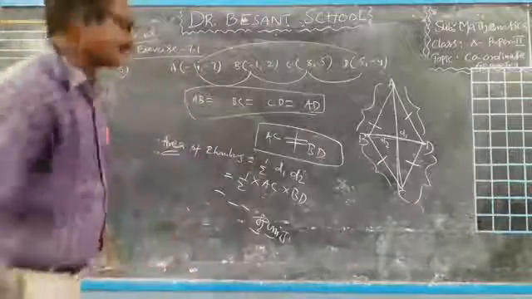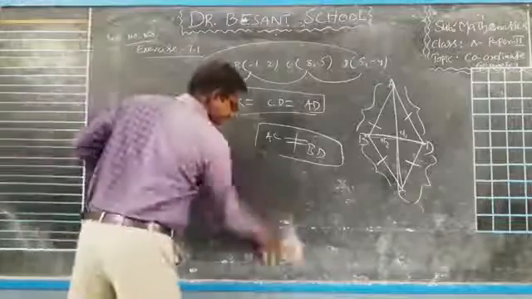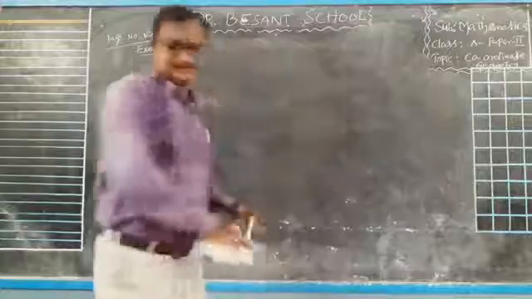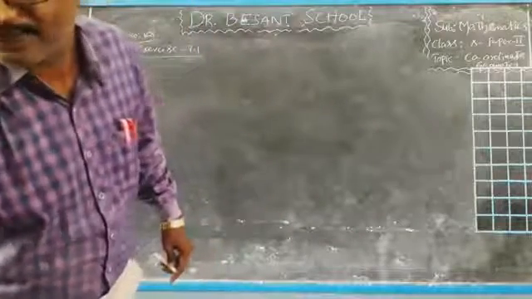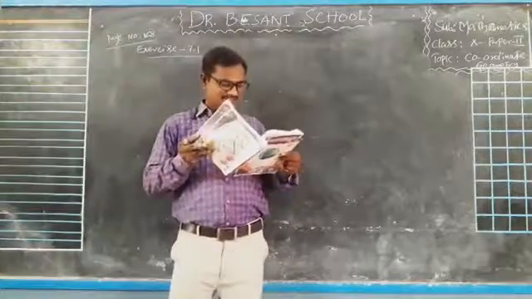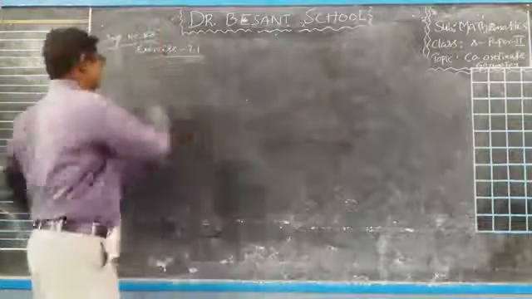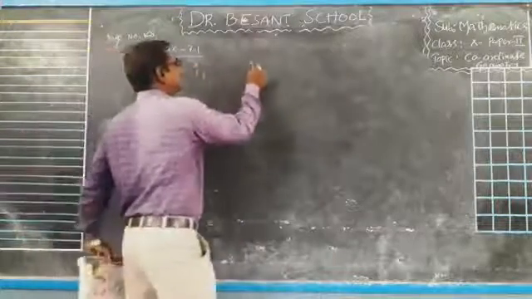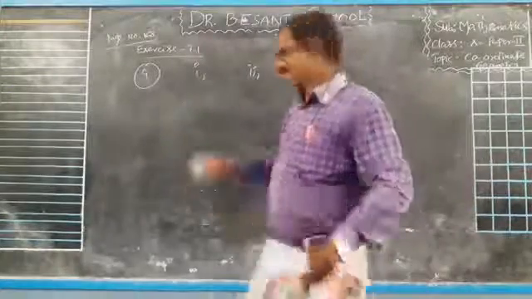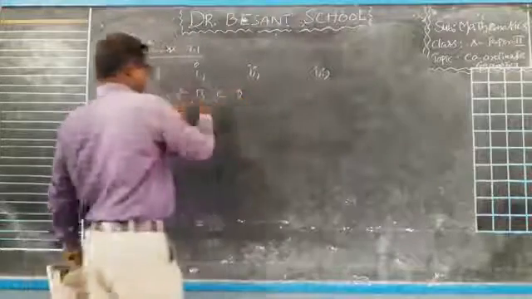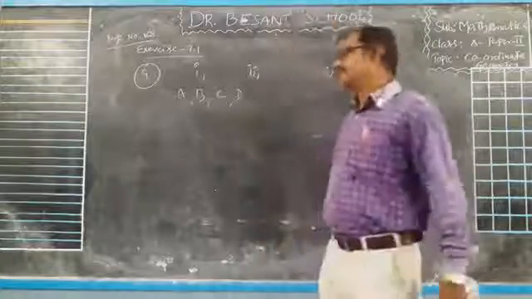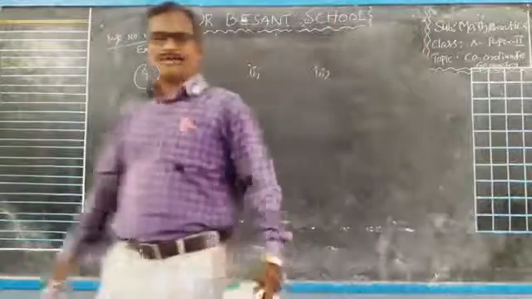Yes. Okay. Next one, question number 9. See, children, name the type of quadrilateral formed by the following points, if any, and give reasons for your answers. What is this question number 9? Observe, 3 problems are there. In each problem 4 vertices are given, A, B, C, D. What type of quadrilateral is formed in all 3 problems? So totally we have to find 6 distances to verify what type of quadrilateral is formed.